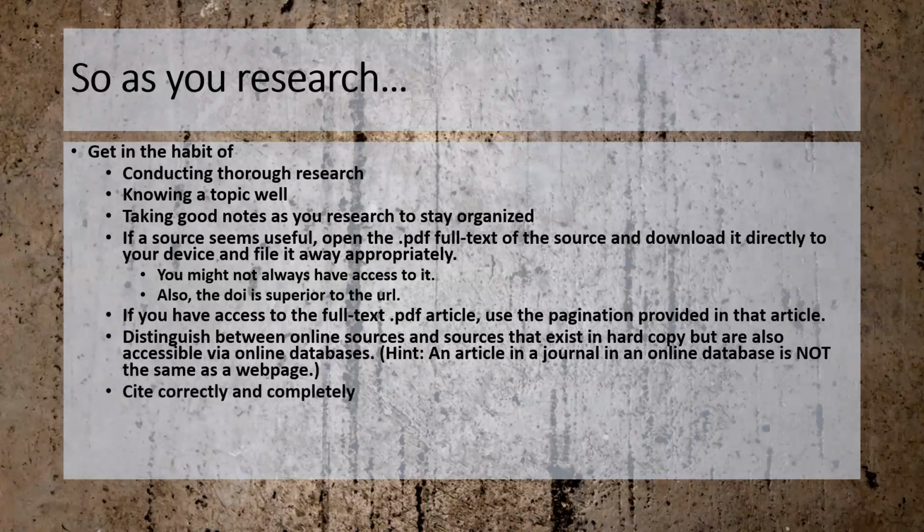Cite correctly and completely. Again, citation builders are often out of date and unreliable. The creators aren't necessarily reliable. These citation formats change with new editions and the builders aren't always up to date. And also they're only as good as you are. So if you tell the citation builder that you're citing a website when you're actually citing an online journal, it's going to format it incorrectly for you.